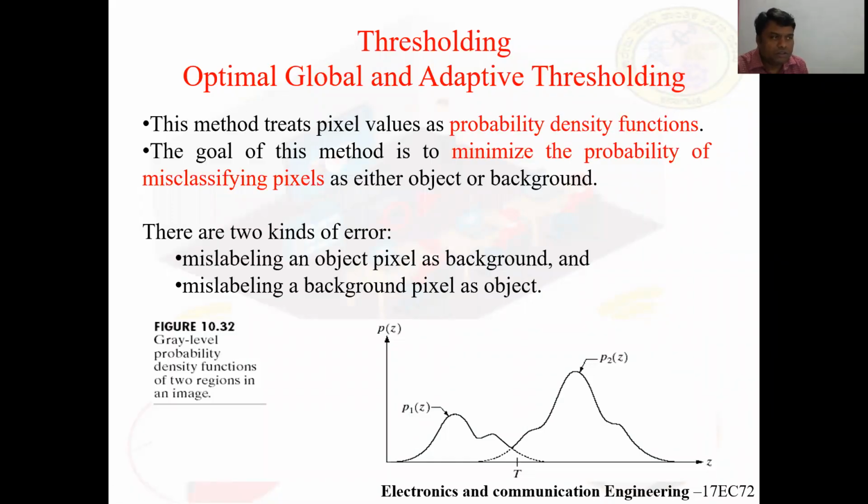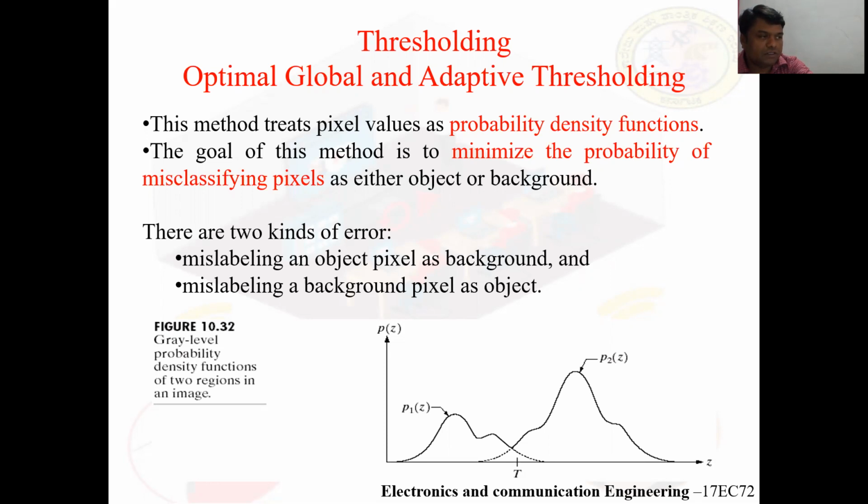Multivariable thresholding may be viewed as a distance computation. One way to segment a color image based on this parameter is to compute a distance measure D between an arbitrary color point Z and a color A. Then we segment the input image: g is equal to 1 if D of Z comma A is less than T, otherwise 0. This D of Z comma A can use an n dimensional Euclidean distance, given as the magnitude of Z minus A.